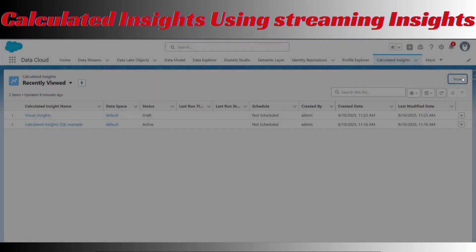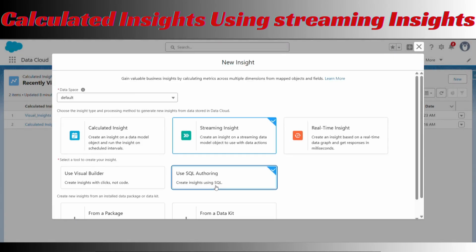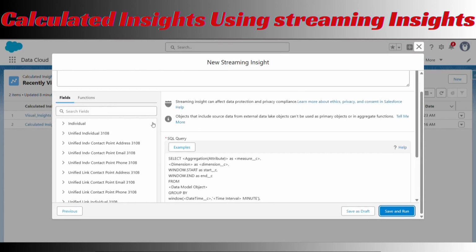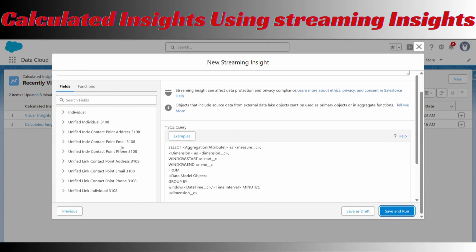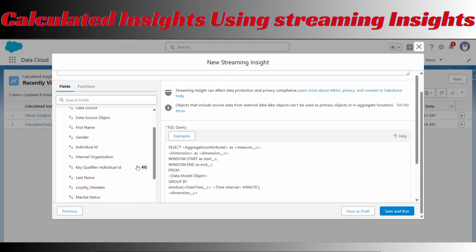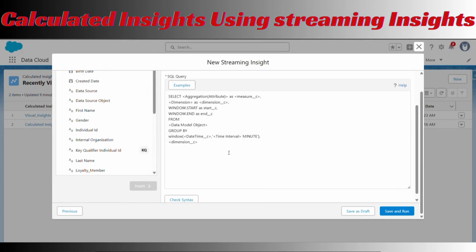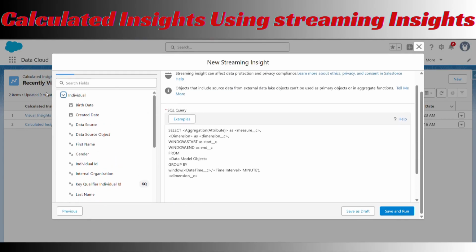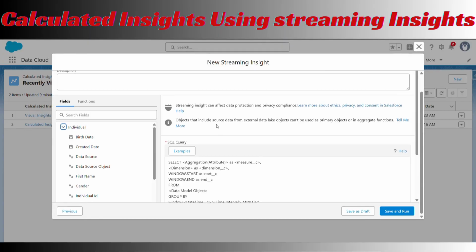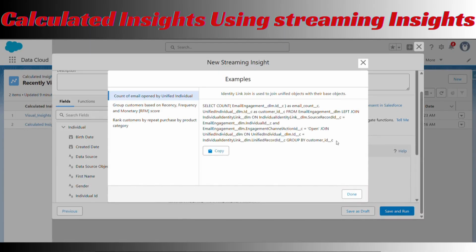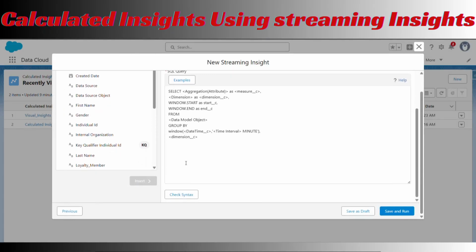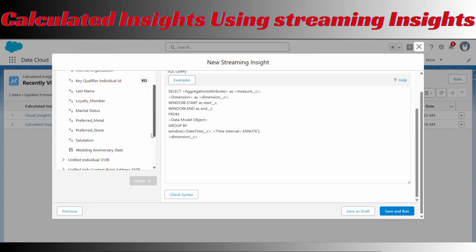So instead of waiting for batch processing, streaming insight helps you detect patterns or anomalies and act instantly. Suppose you are tracking customer actions on your website, app or even IoT devices. As soon as an event like a purchase, login or click happens, Streaming Insights can process it on the fly. Based on that, you can trigger actions such as sending an alert, updating a record, or starting a journey. Think of it like a real-time brain that reacts instantly when data streams in.